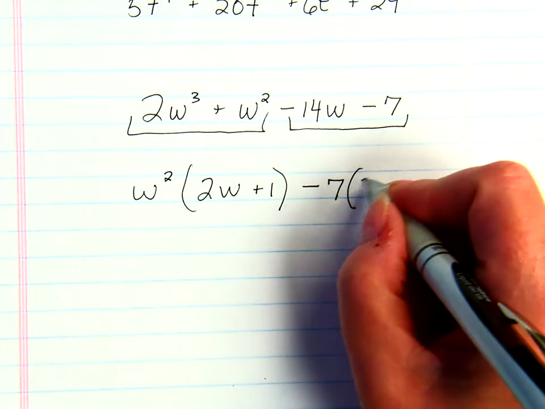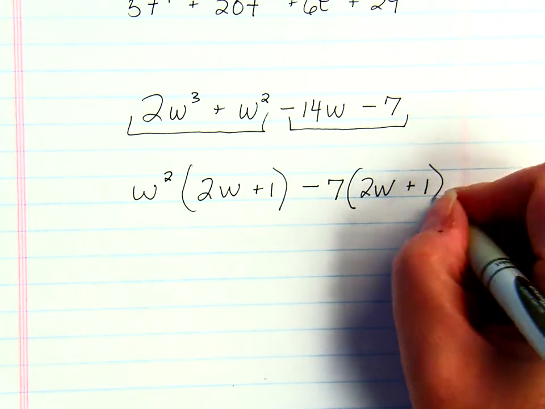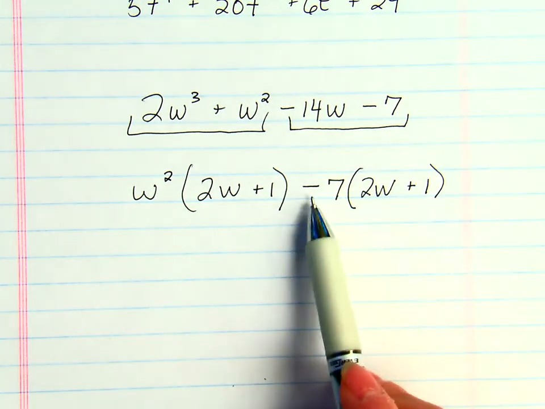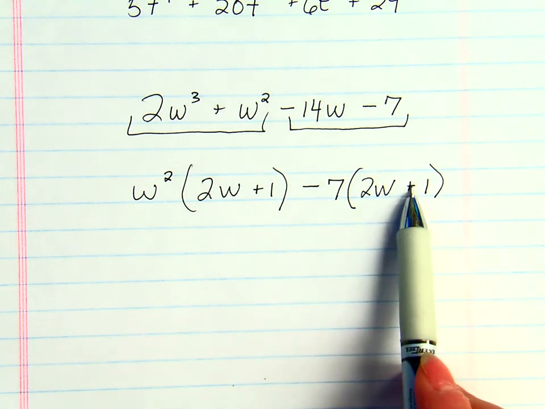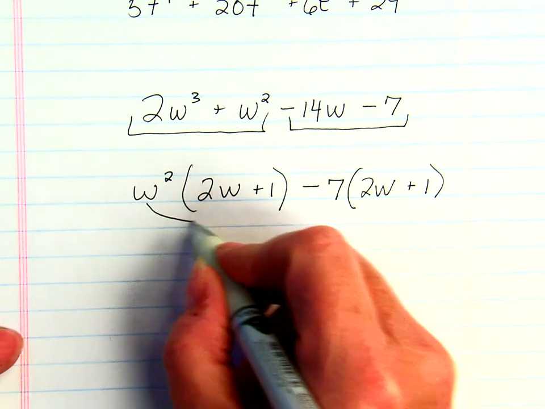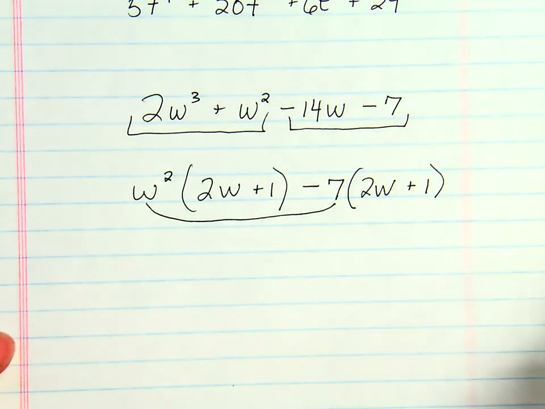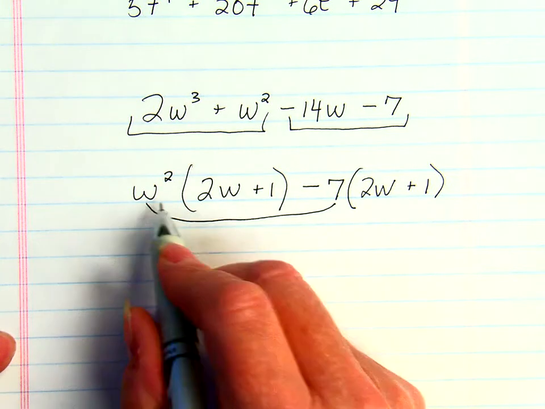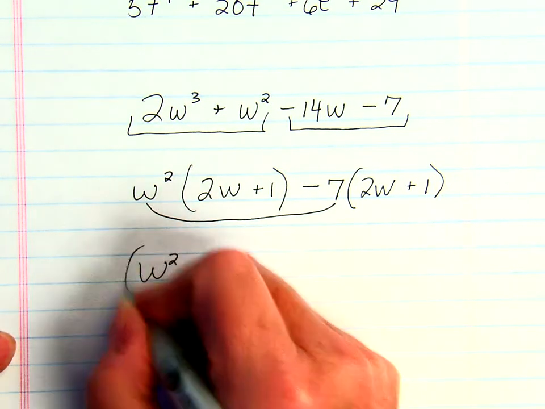What's going to be left here is 2w plus 1. Because we know that when we distribute this 7 to both items within that parentheses, these will both become negative. Okay? Now we combine these two monomials to make a binomial, which is going to be w squared minus 7